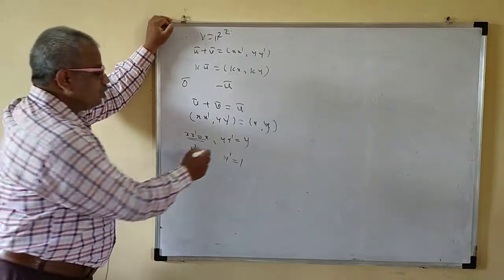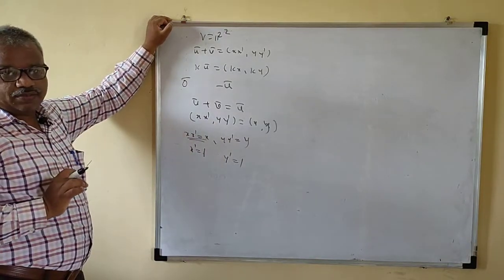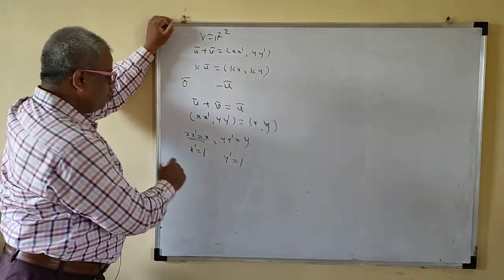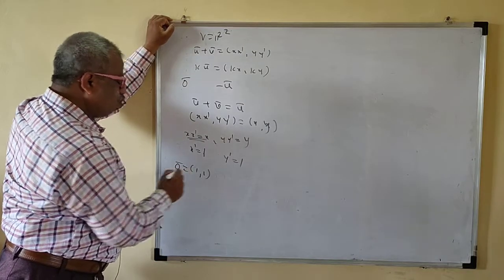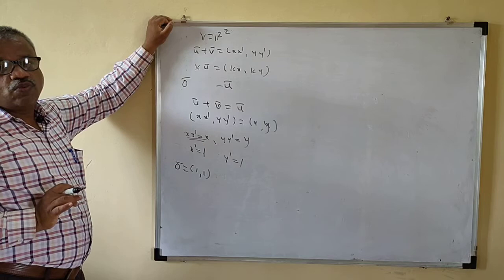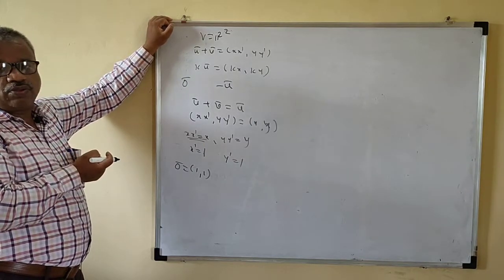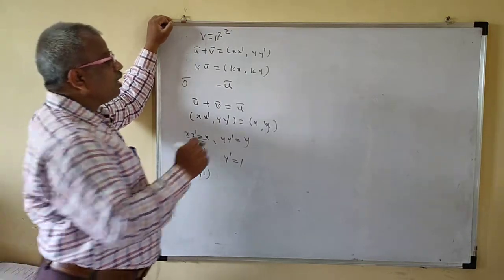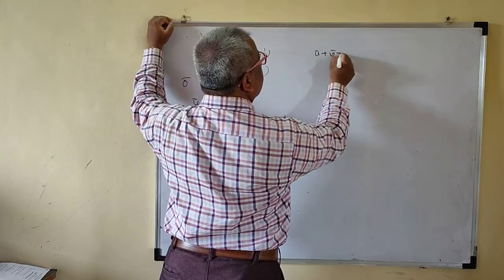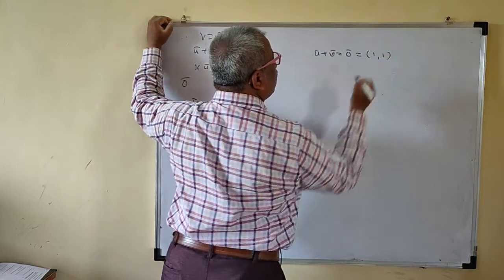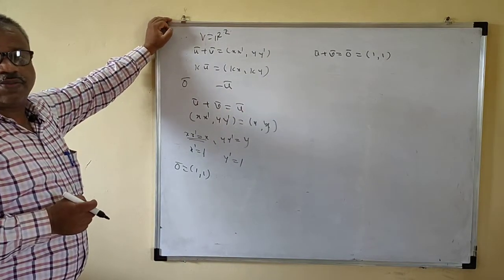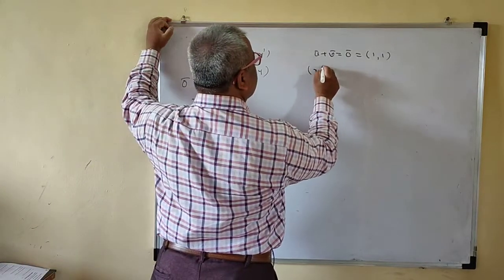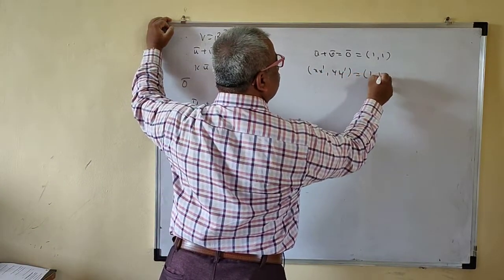For what value of y prime is this y? So the value of y prime is 1. Okay, this does not mean that you have cancelled and got the value. That is not the meaning. So that means 0 bar is 1 1. 1 1 is your zero vector. So if you have got 1 1 as the zero vector, then you want to find a negative vector now. How do we find a negative vector? u bar plus v bar is equal to 0 bar, that is 1 1. I want to find this v bar. I want to find x prime y prime in terms of x and y. Because the operation is given to you, this is 1 1.